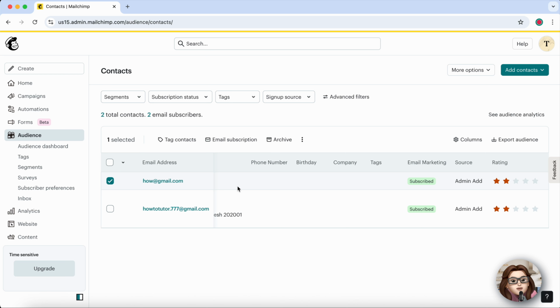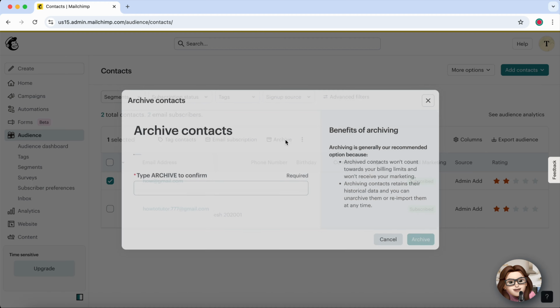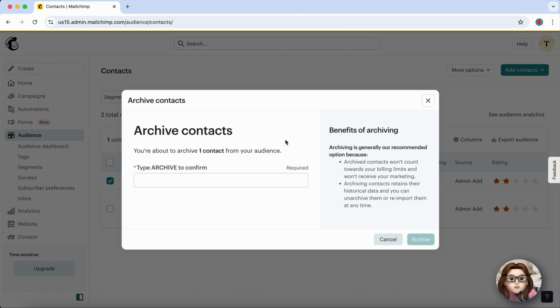Once selected, click the Archive button, usually found above your contact list or under the three-dot menu. Just like that, your list is cleaned up and focused on people who actually want to hear from you. And that's it. You've successfully archived your Mailchimp